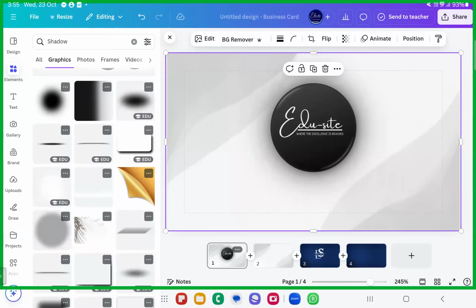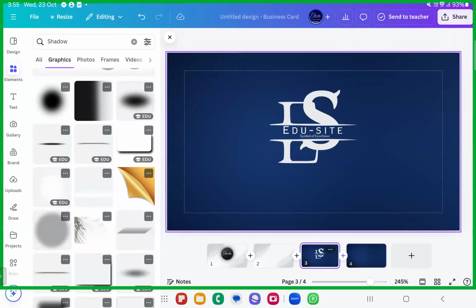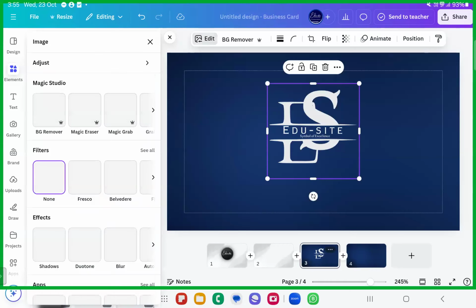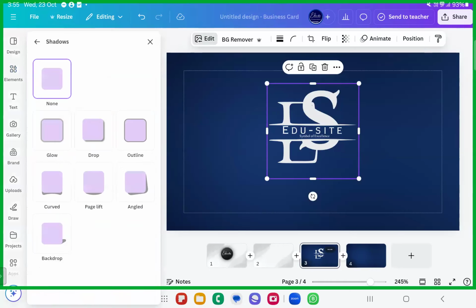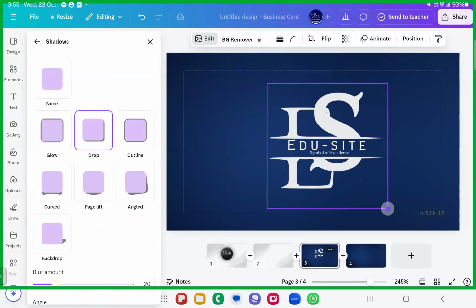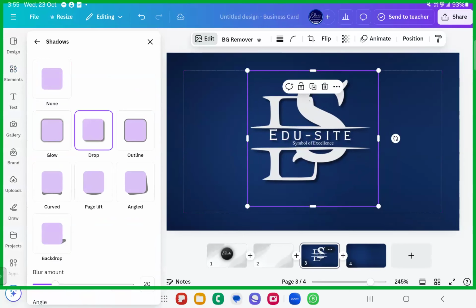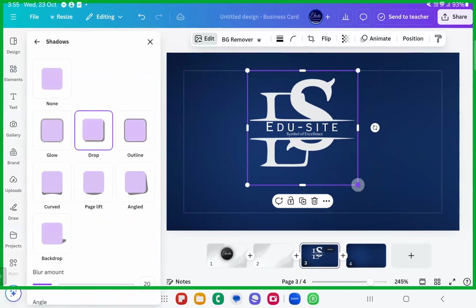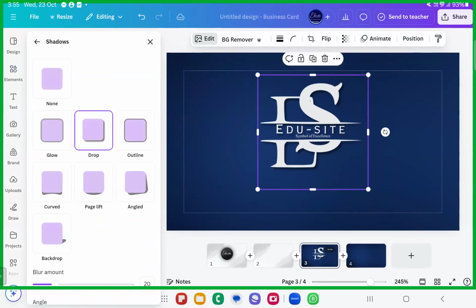Then what else can we do? For this one, you can just go ahead with the editing. There are effects, shadows you can give. For this one, you can go ahead with the glow kind of, drop kind of shadow. See here, now this 3D look is available here. Can you see that? There is a drop shadow. Because this is a PNG image, it is giving you a 3D look by itself.